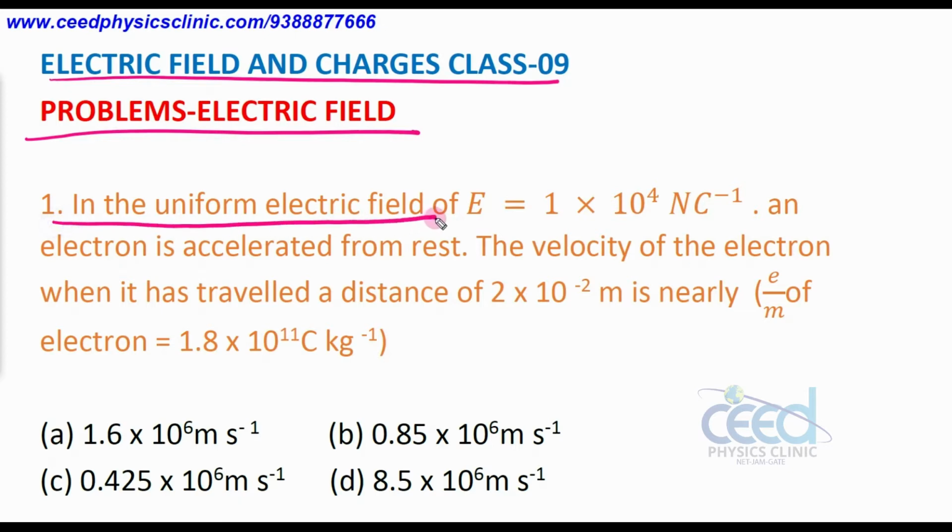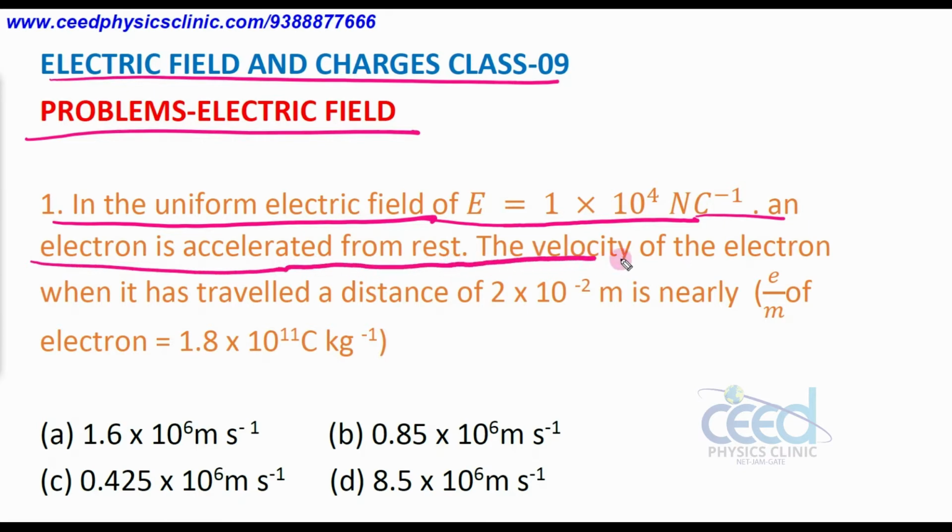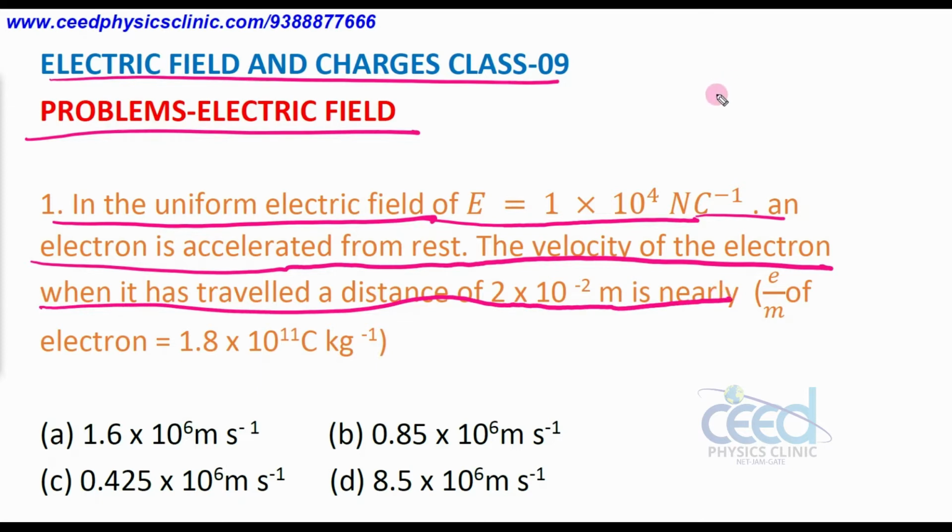In the uniform electric field of E is equal to 1 into 10 raised to 4 Newton per Coulomb, an electron is accelerated from rest, right? The velocity of the electron when it has travelled a distance 2 into 10 raised to minus 2 meter is nearly. So the question is, we have some electric field in a region, right? And suppose an electron is accelerated